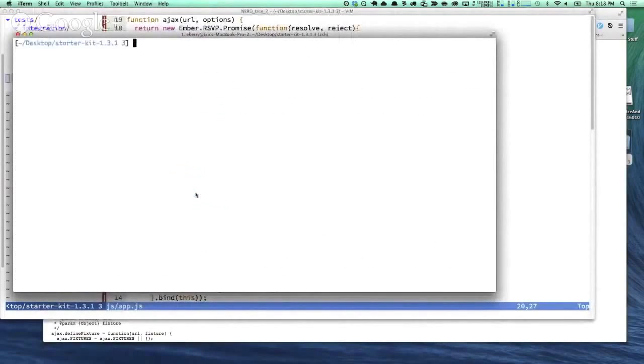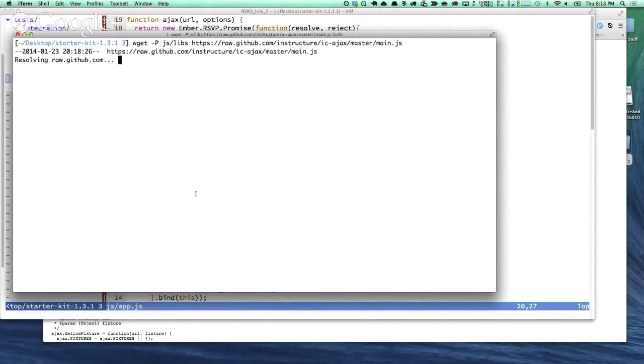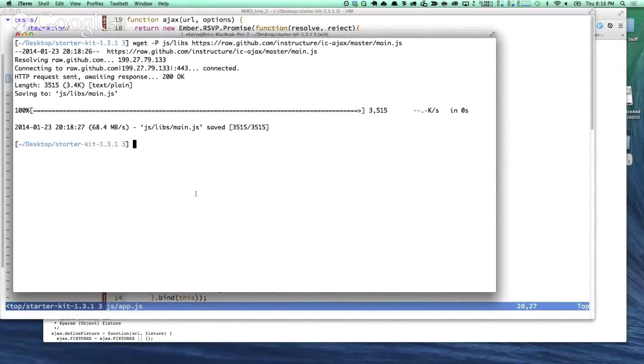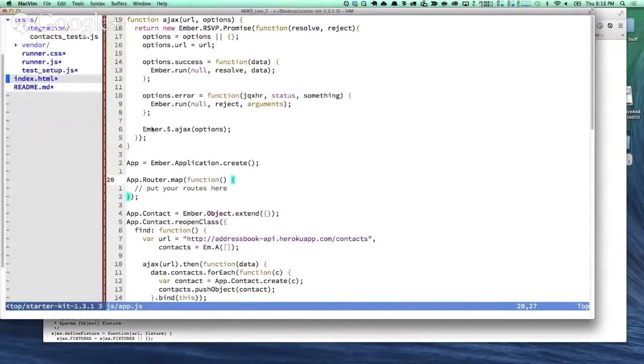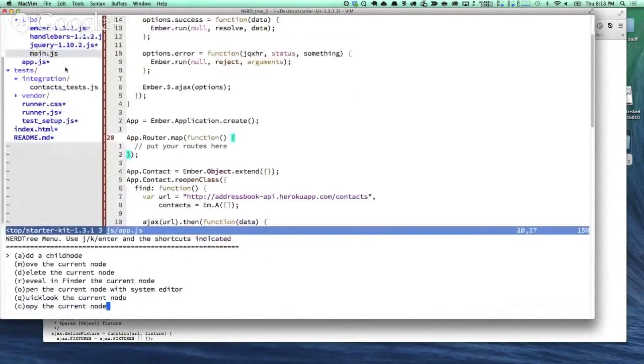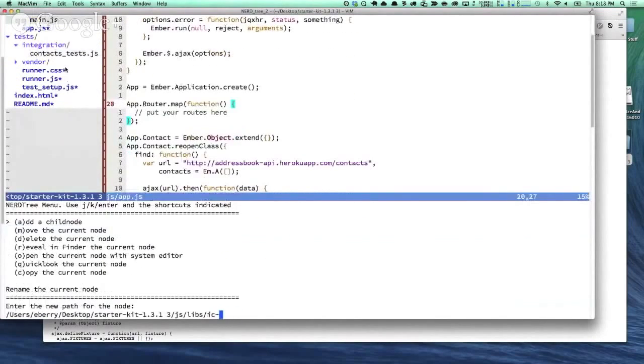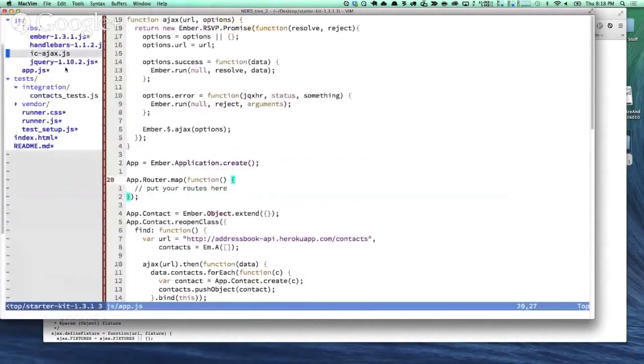and wget -P JS lib, and then I'm going to download it to there, and now let me start the server again. And over here, JS libs, let me move it to ic-ajax.js. And because we're not just using it for a test, we're actually going to